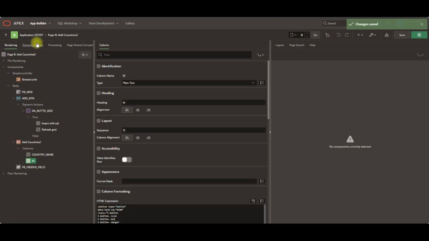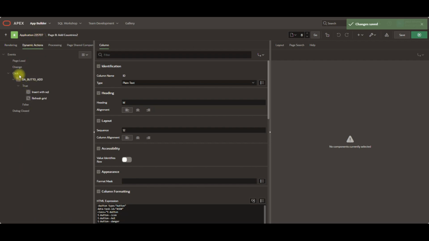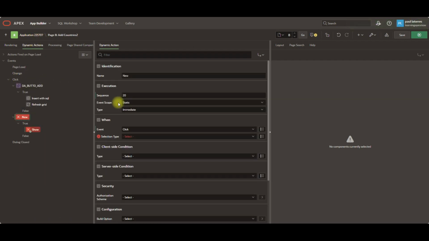All right. So now, that button is not really a button. It's got an HTML expression that makes it into a button, and it's got a class, a button. But in order to make it work, we have to come to dynamic actions, create a new dynamic action, and let me make sure that I do this correctly for you. And we're going to call this action delete